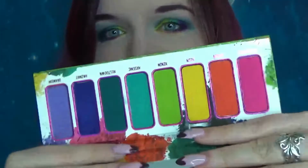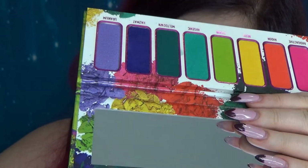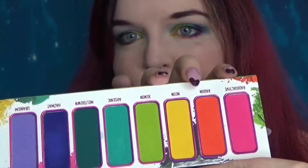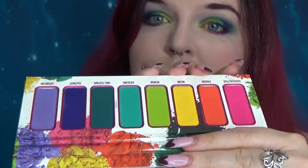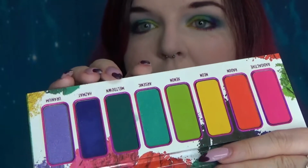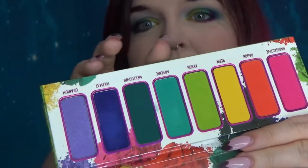So they did originally have a stack. I believe it was 4 eyeshadows in the stack. Yeah, so the stack originally had these 4 here in it. So we've got Radioactive, Radon, Neon and Xenon. And then for the palette they've added Arsenic, Meltdown, Hazmat and Uranium. These are absolutely gorgeous. So I'm really glad that I didn't buy the stack when it was originally out,